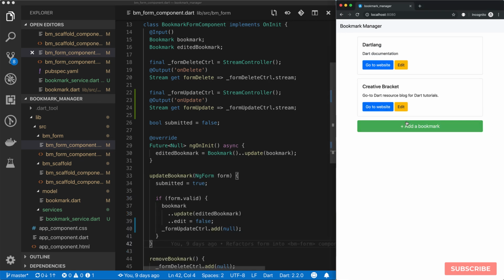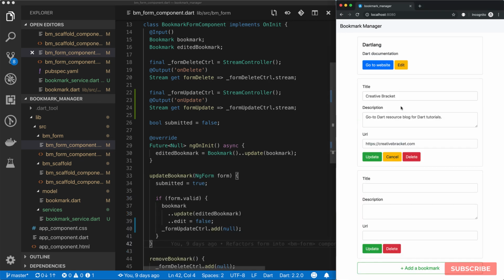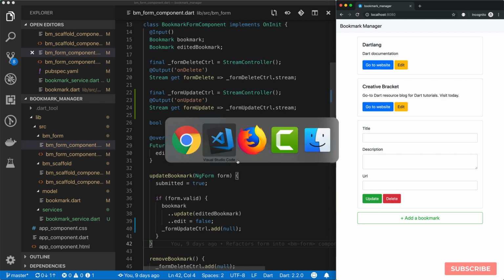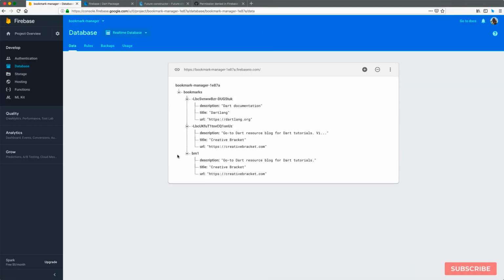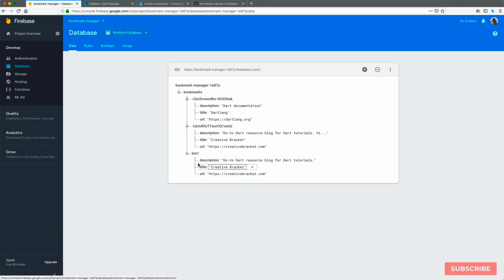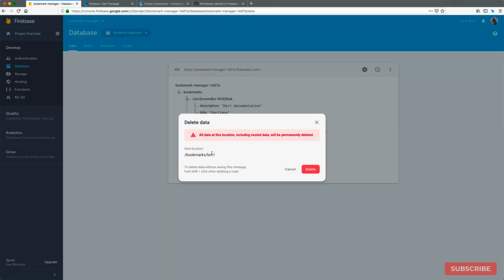Okay. So this gets loaded, click add a bookmark, we don't see the cancel button. I click edit, we see cancel button. Let's try and make amends, and let's click update, and then of course our updates are made, but then it's not updating our database. Well, it's not updating our database actually, it's adding a new entry because it's got the same details as this one. So what we need to do is to make it essentially update any previous entries that exist. So let's delete this one actually,